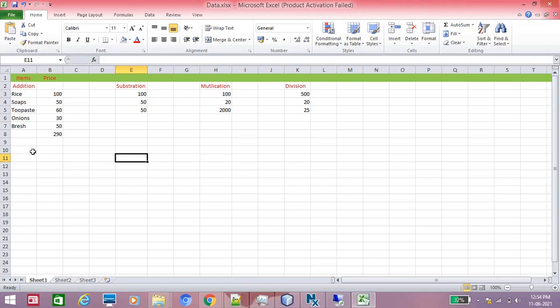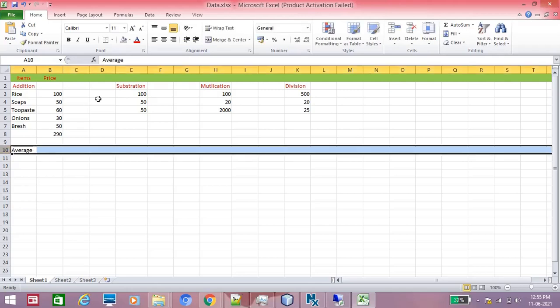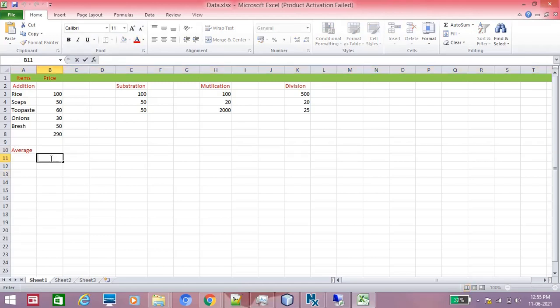So next we can use average. How can we use average? See here, I enter text, so we can use font color. I am entering the same values: 100, 50, 60, 30, next 50. So these are the values.